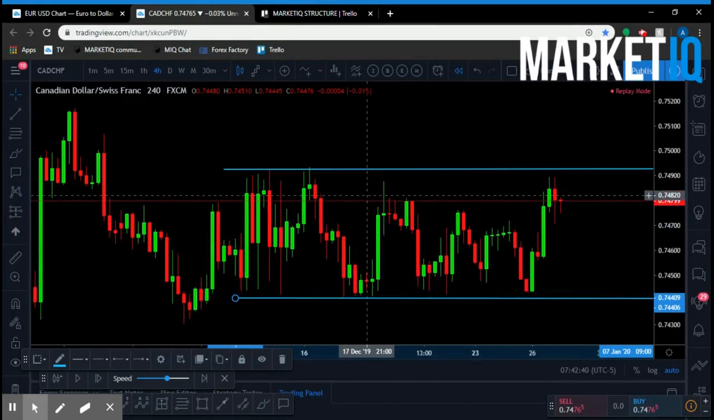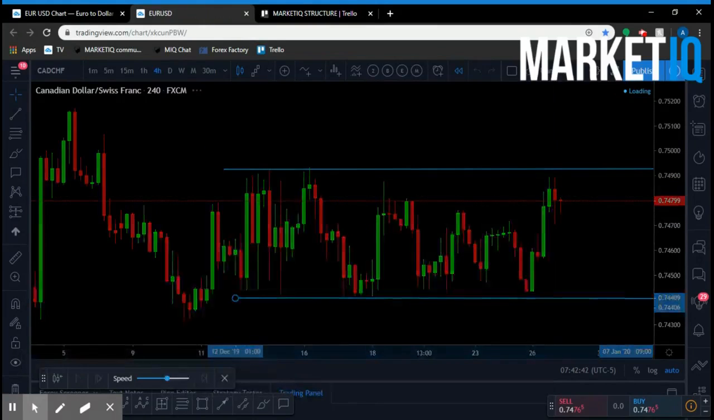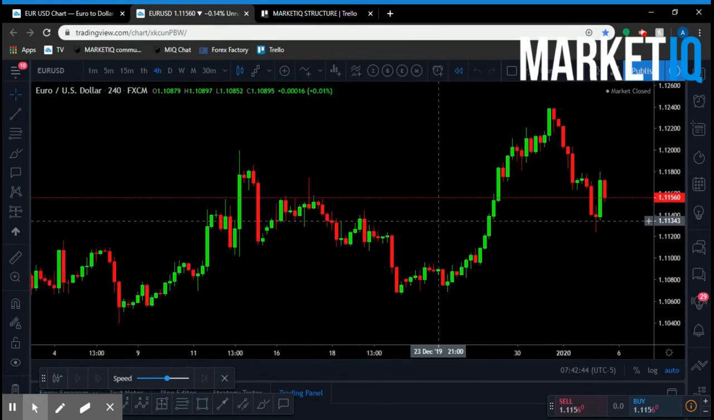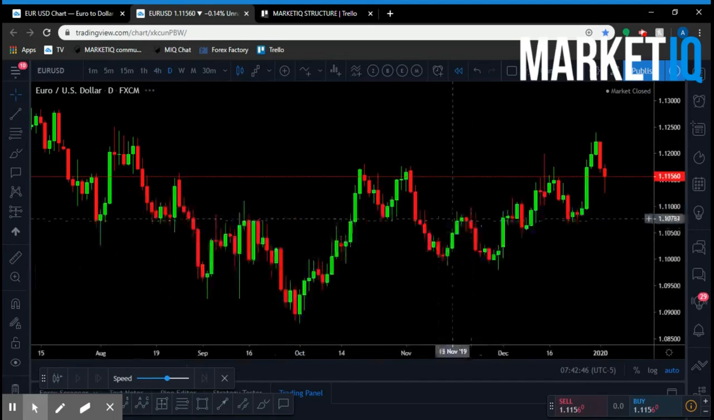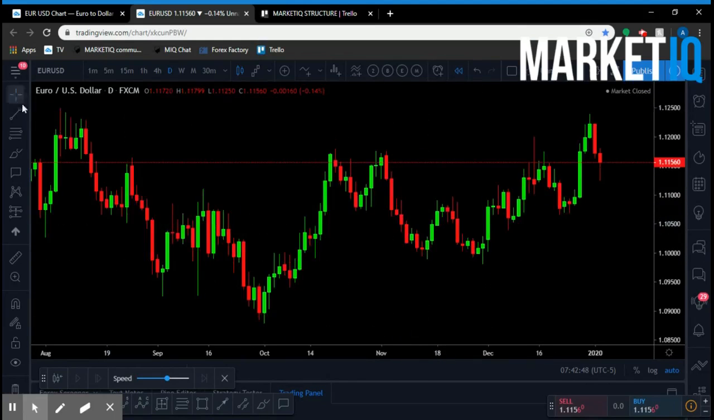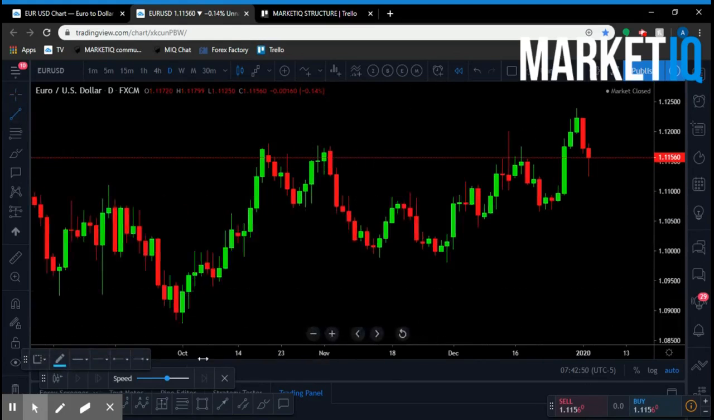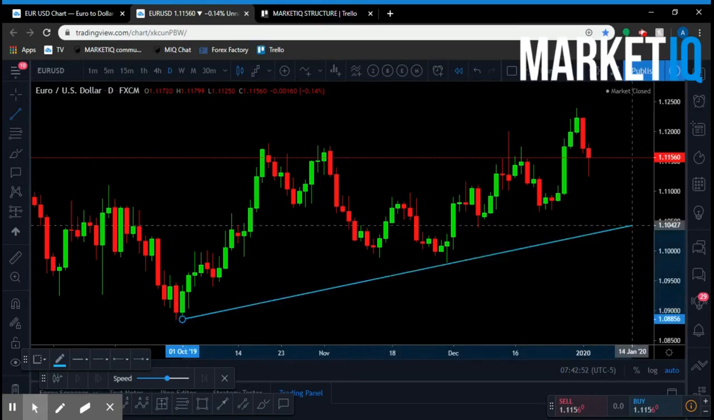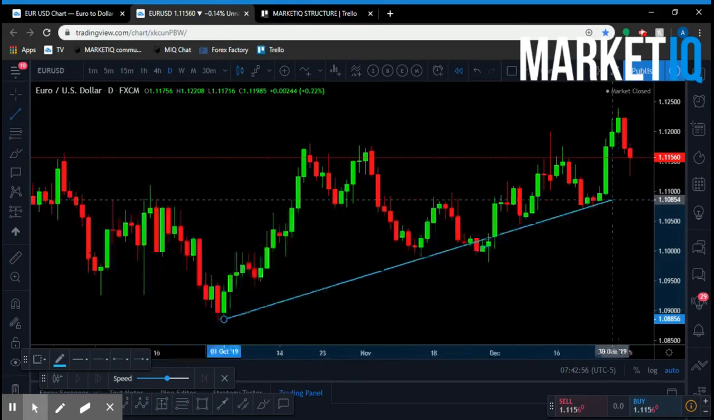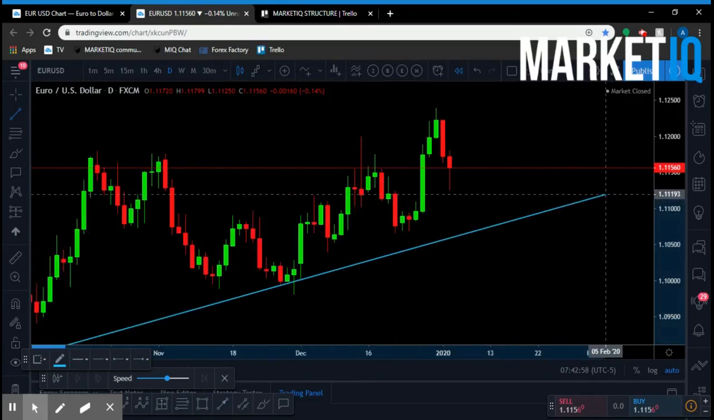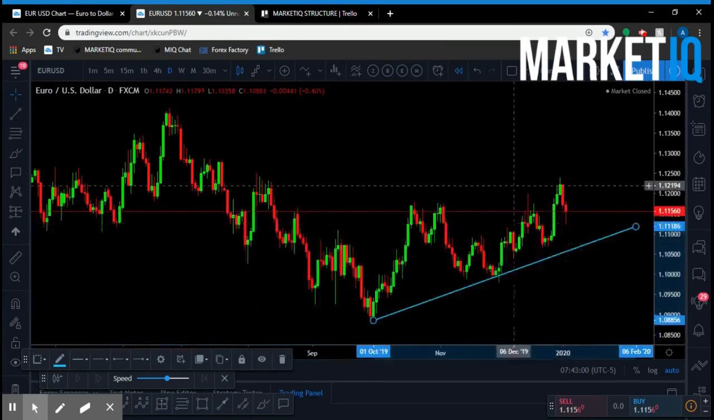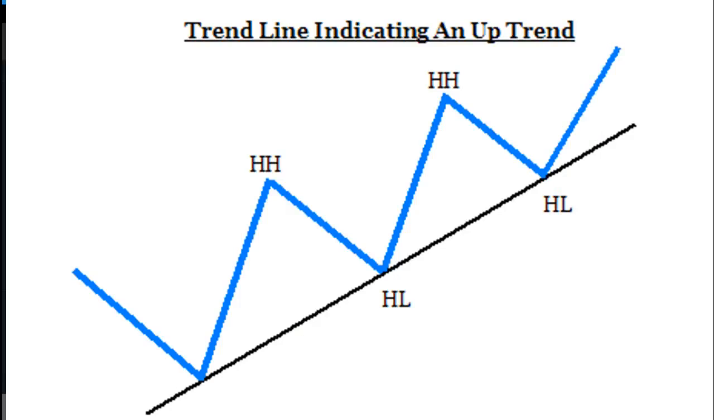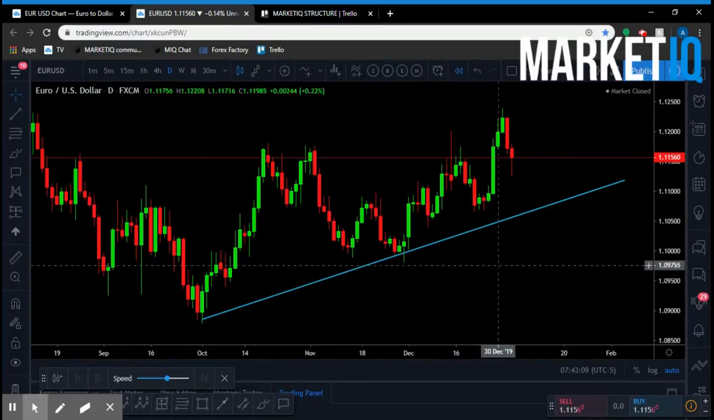Now, let's get into a trending market. So a trending market, we'll say it's an uptrend. So for an uptrend, price is making higher highs and higher lows. So for this uptrend that we have right here,